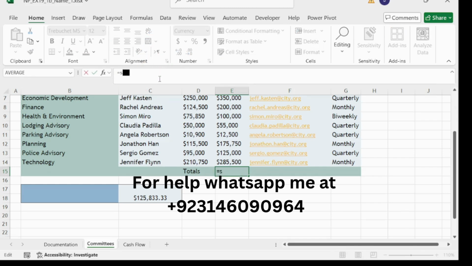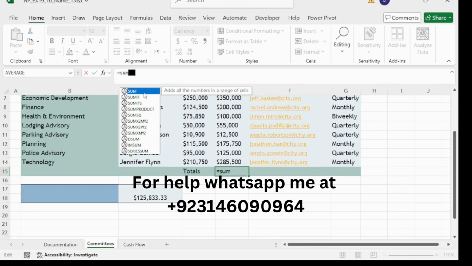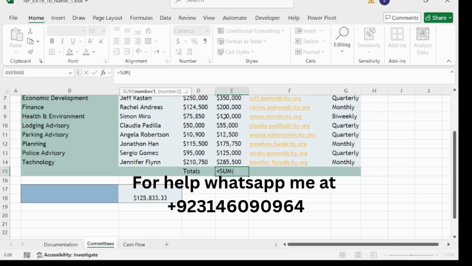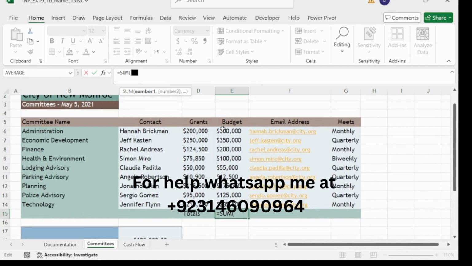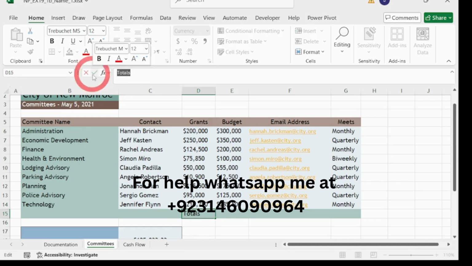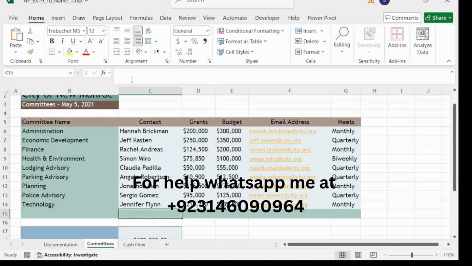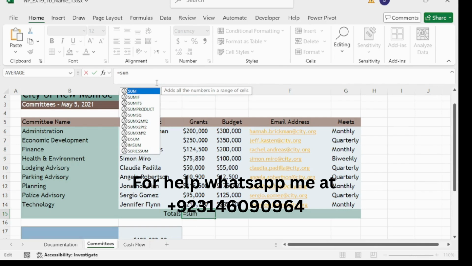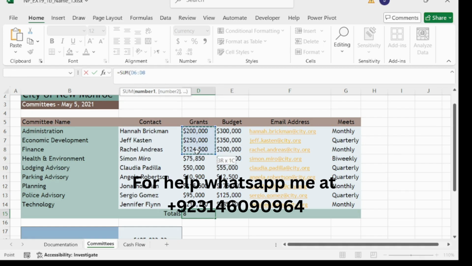Our step number 8 is in D15 create a formula using the SUM function. So type equals SUM and double click on it, and now select the range D6 to D14 and close the bracket and press Enter.